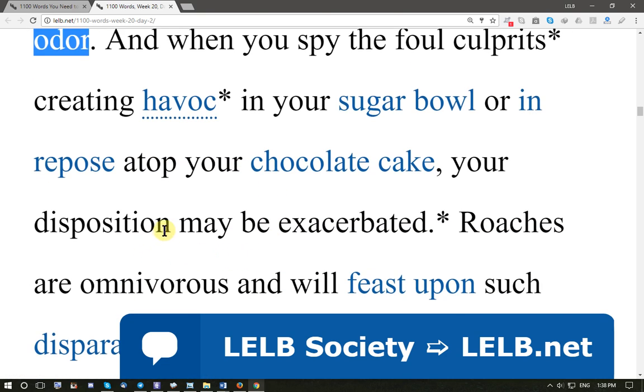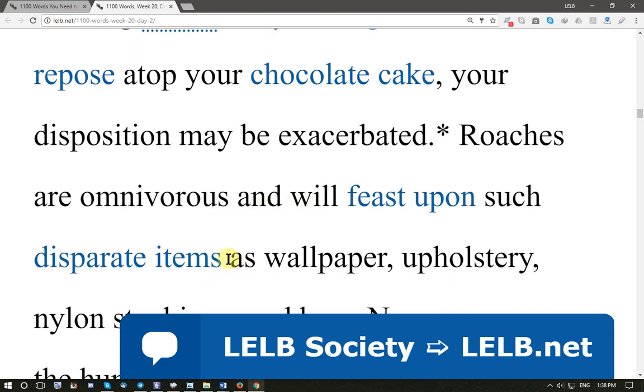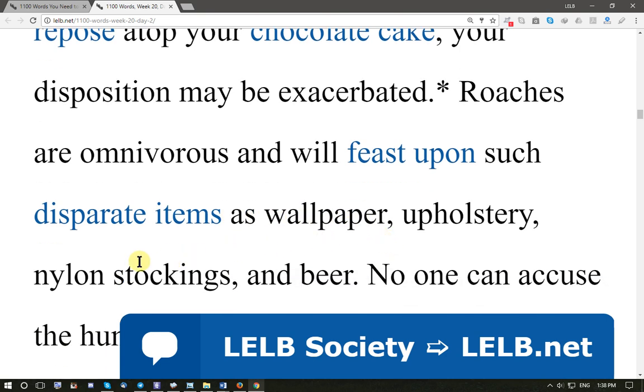Your disposition or nature may be exacerbated. It means you become angry, you become irritated, let's say. Disposition means nature. Exacerbate means worsen, to become worse. Roaches are omnivorous and will feast upon such disparate items as wallpaper, upholstery, nylon stockings, and beer. They feast upon, it means they feed on